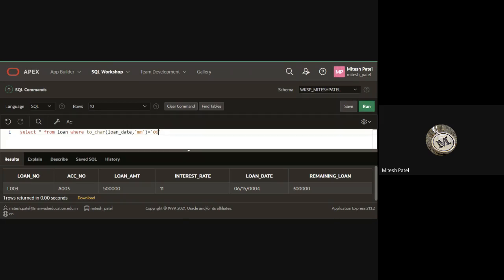Right now we have only 3 entries, but if you are having 100 entries in a similar month, then you will get more than one entry, right? For example, if I am writing here another MON format, what is the month of, let's say, May,